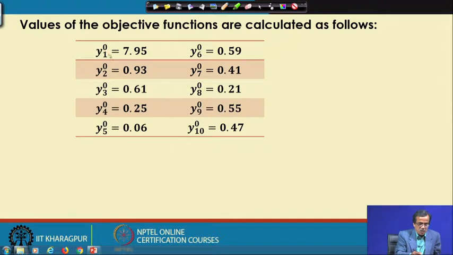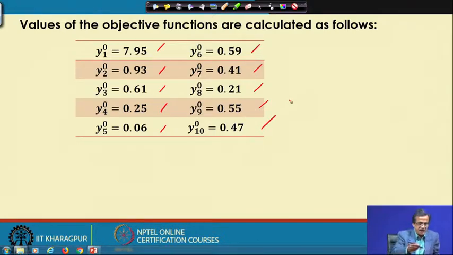For example, say y10 is calculated as 7.95, then y20 is 0.93, y30 is 0.61, y40 is 0.25, y50 is 0.06, then y60 is 0.59, y70 is 0.41, y80 is 0.21, y90 is 0.55 and y100 is 0.47.